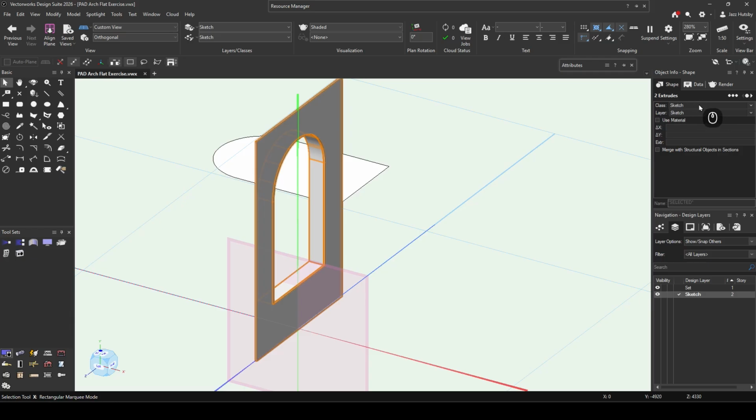Now, if these were on two different classes from each other, this would be blank. It wouldn't say Sketch there, it would say nothing, and that would tell me that these objects are on different layers or different classes if it shows with multiple selected. Little tip there. What I want to do with the class here, little drop down in the Object Info palette,